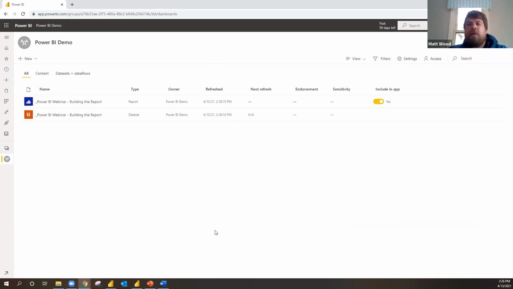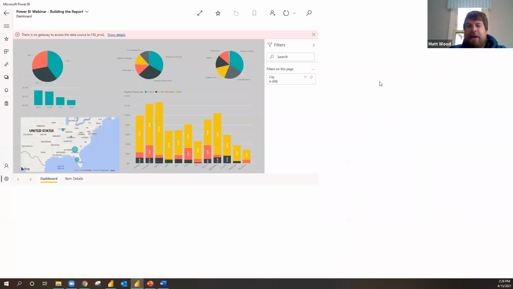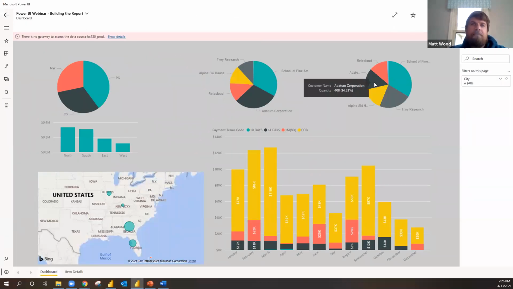Okay, so on this one, what we're going to show you is there is a separate app that you can use to do something similar to a PowerPoint, right? So if I wanted to have a big screen TV out in the office so that I can share metrics and the whole team can see them just out there in the open, or even if I'm just sharing a report in a meeting and I just want something to scroll as I'm talking, for example. So this is how we can do that.